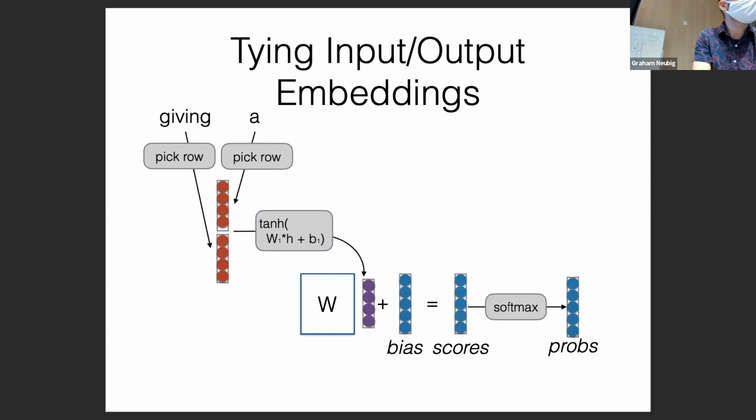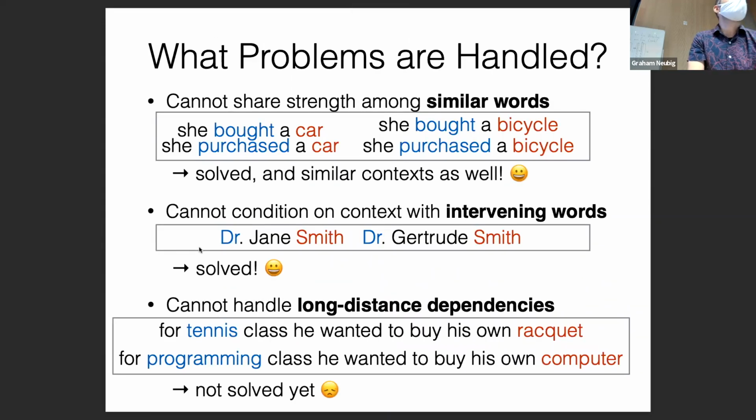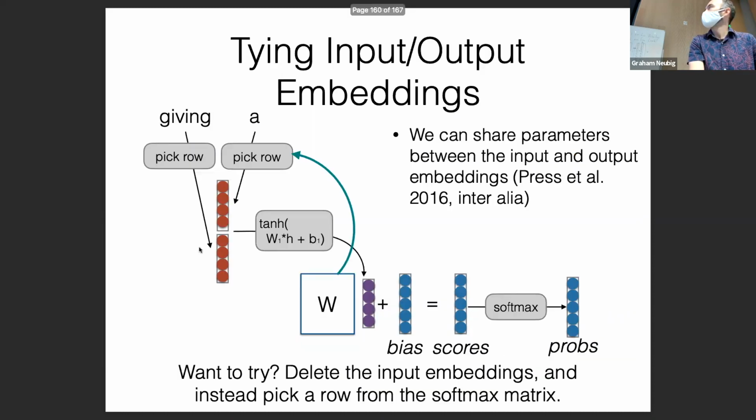Yes, question. So the only thing that is not solved yet is the third point, which is long distance. Right. So will it be fair to say that if we have a deeper network, long distance will be solved? Yeah, that's a very good question. If we had a deeper network, would long distance be solved? So the answer is, it depends on what you mean by deep, I guess. But if we have exactly this